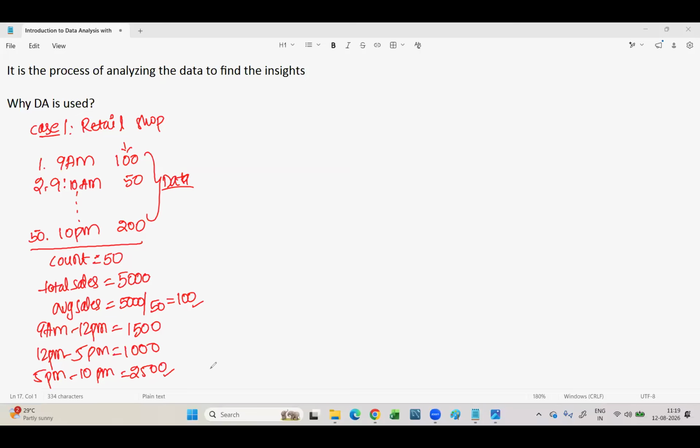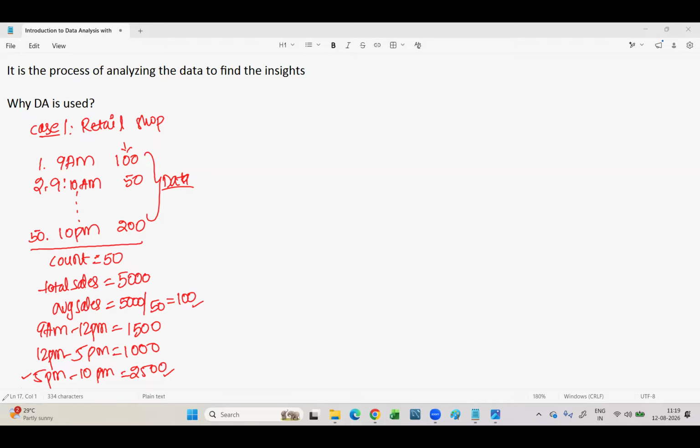Not only today, you might have done this type of analysis for the past few months. You'll understand my business is getting me more sales during the evening time, 5 p.m. to 10 p.m. From day to day, you can understand whether sales is increasing or decreasing also, right? Yesterday, suppose the total sales is 6000 rupees. Today, it's only 5000. You can understand, okay, sales is reduced by 1000 rupees today. So by doing this every day, month to month, week to week, you can understand whether sales are increasing or decreasing, and on which weekday, Sunday, Saturday, Monday, more sales is happening. Everything about your business can be understood just by storing this type of data and performing this type of analysis.